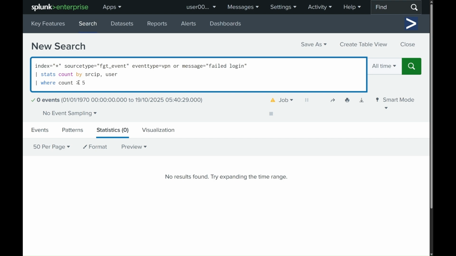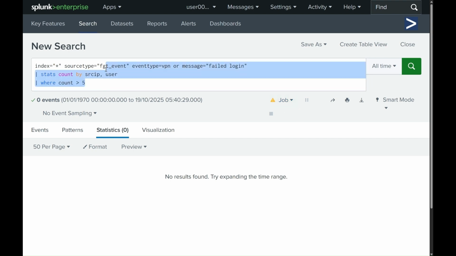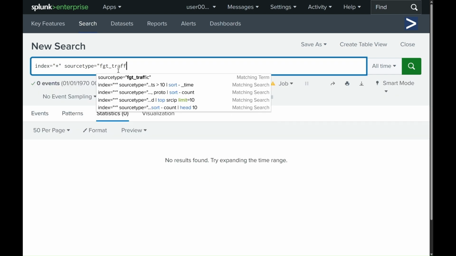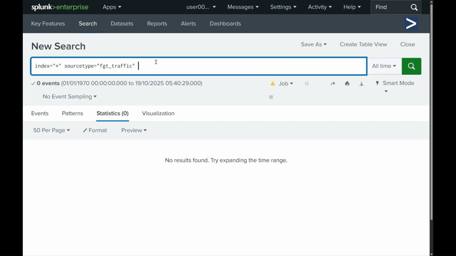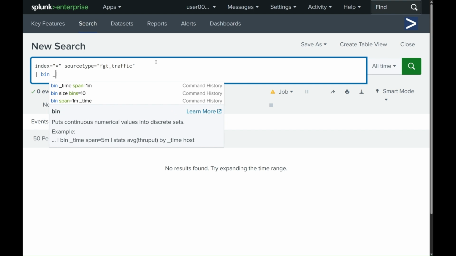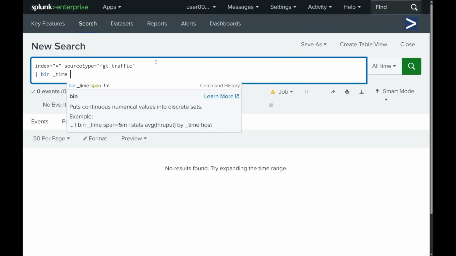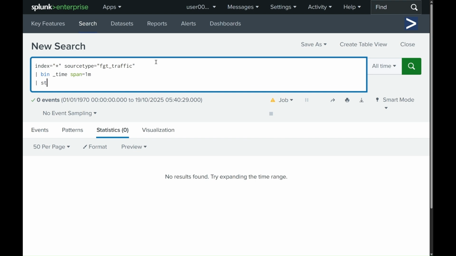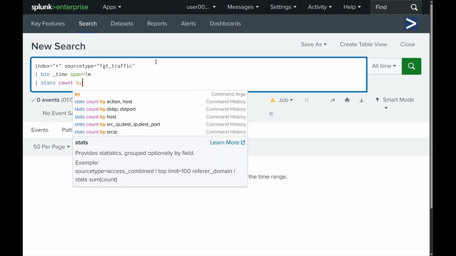So this is an indicator of a classic brute force attempt, but I do not have any brute force attempt in the log. So let's jump on the next one and detect sudden traffic spike, which could be an indicator of a potential DDoS attack. So the goal is to track traffic volume per destination per minute. So let's create the query. Source type is FortiGate traffic, and then we are going to put a bin here. Bin time span 1 minute, and then stats count by